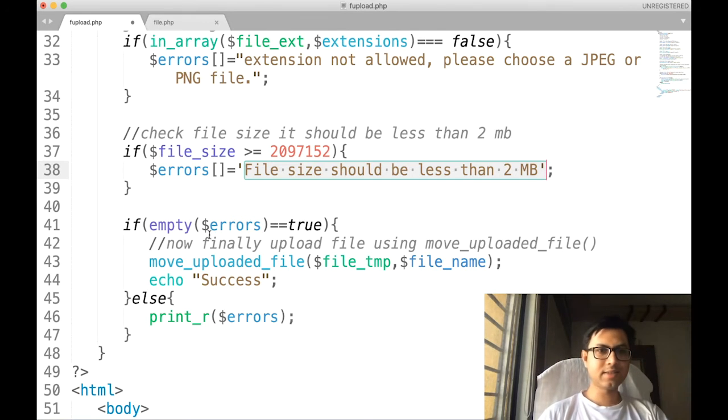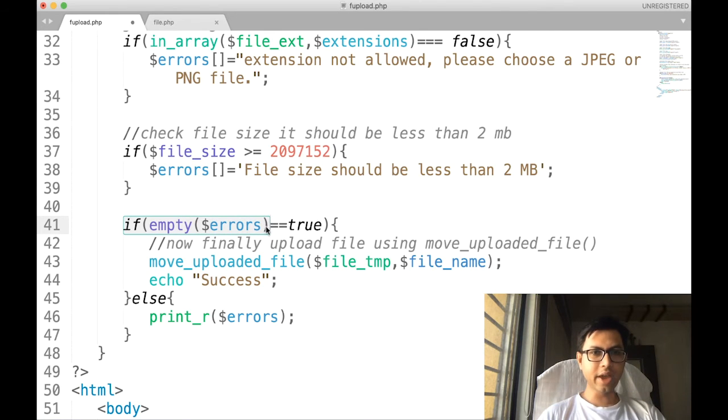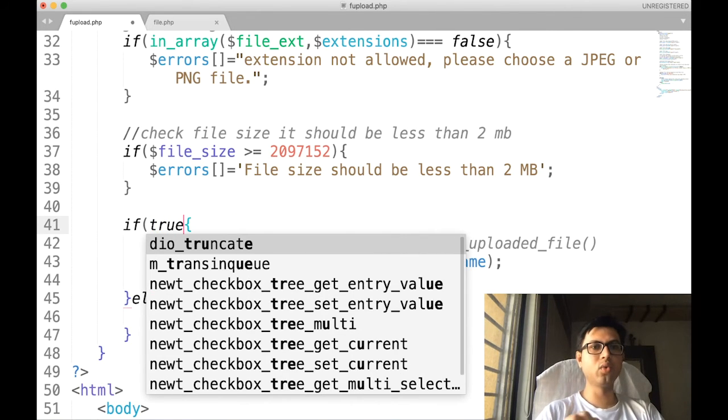And lastly, we check if the error is empty, that means there is no error, and that is true. If there is no error, this whole syntax returns true.